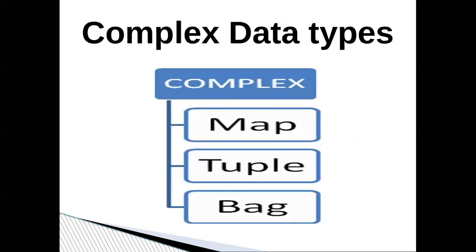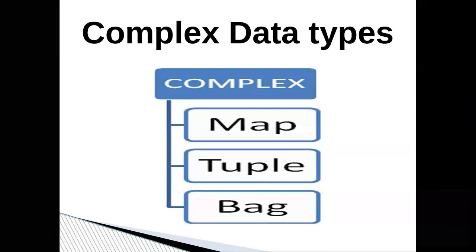Then the complex data types in Pig are of three types: the map, tuple, and the bag. You see, all these data types, whether it is map, tuple, bag, int, float, double, they'll come in front of you while you are analyzing the data. You would need to mention them, you would need to take care of them. So here I'm just referring to what they are. While we are analyzing information, we will be discussing them in detail.